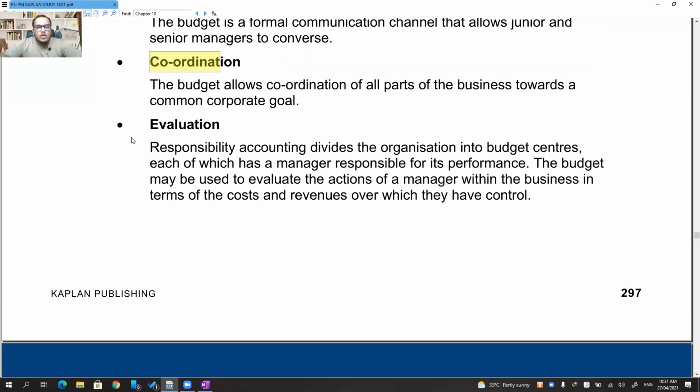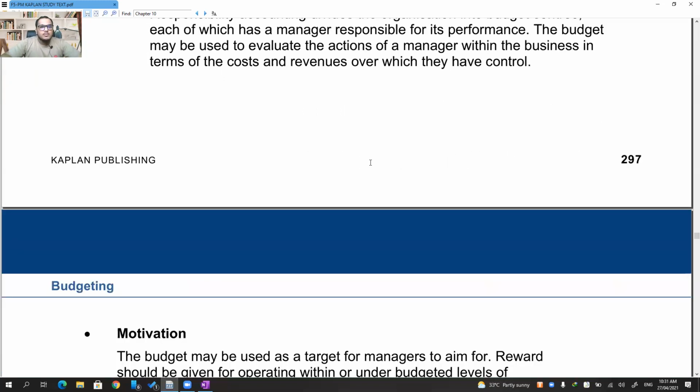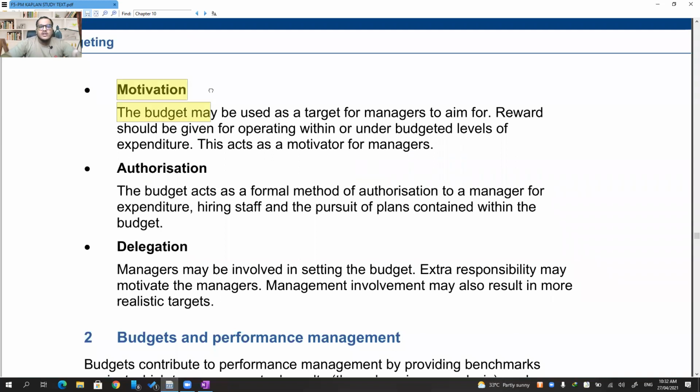So budgets create coordination between the different departments, and evaluation becomes possible only if we set budgets in place. Unless we have budgets, there is nothing for us to compare with. If I prepared a budget upfront, I know I have to compare my budget with my actual, and then I can evaluate whether they are doing good, better, best, or worst. If I know the production department has to produce 1,000 units in a month and they are producing only 800, I know I have a standard to compare with, that is called budget. So we can do evaluation based on the budgets. It also gives employees motivation to work further. They know, I have a target of 1,000, so I have to achieve it. If they don't have those budgets in place, they don't have anything to work towards. They don't have an end goal in mind.